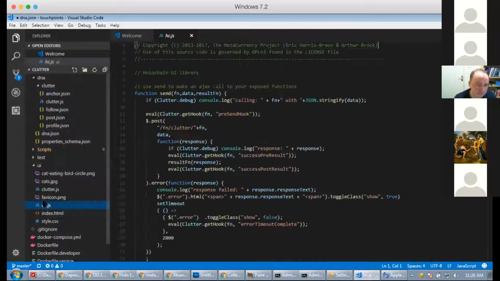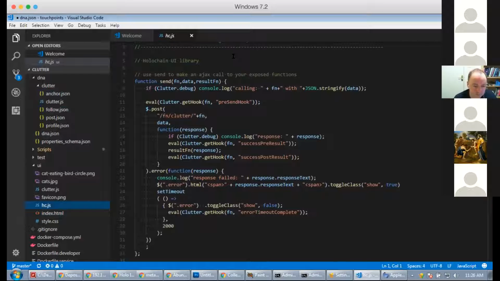Take a look at that. We're going to see that we're using jQuery to talk to our local Holochain instance. So we've got a generic function called send, which is going to do a post to